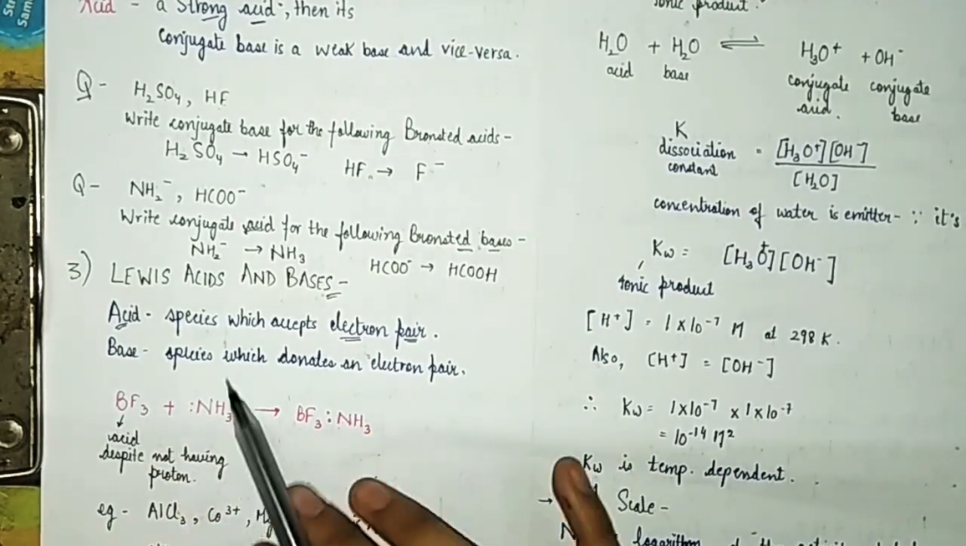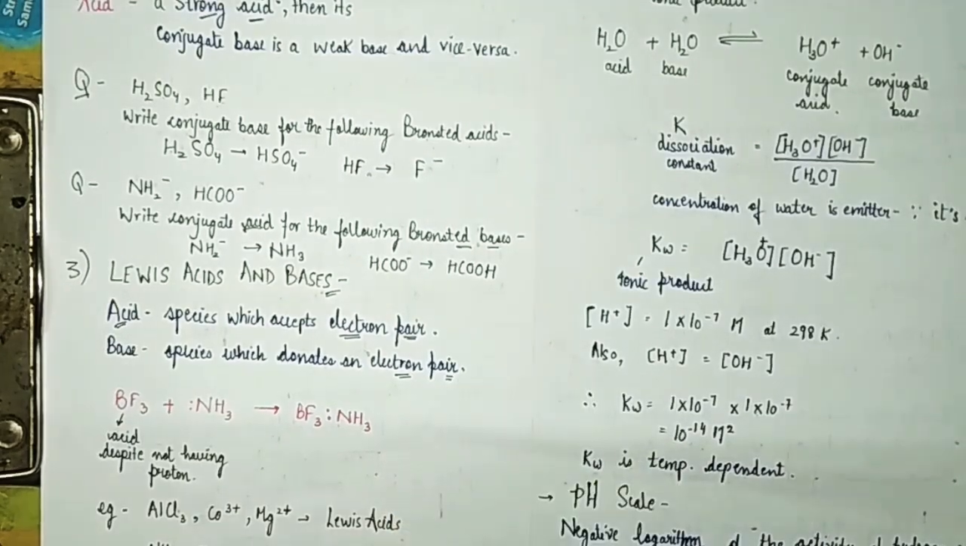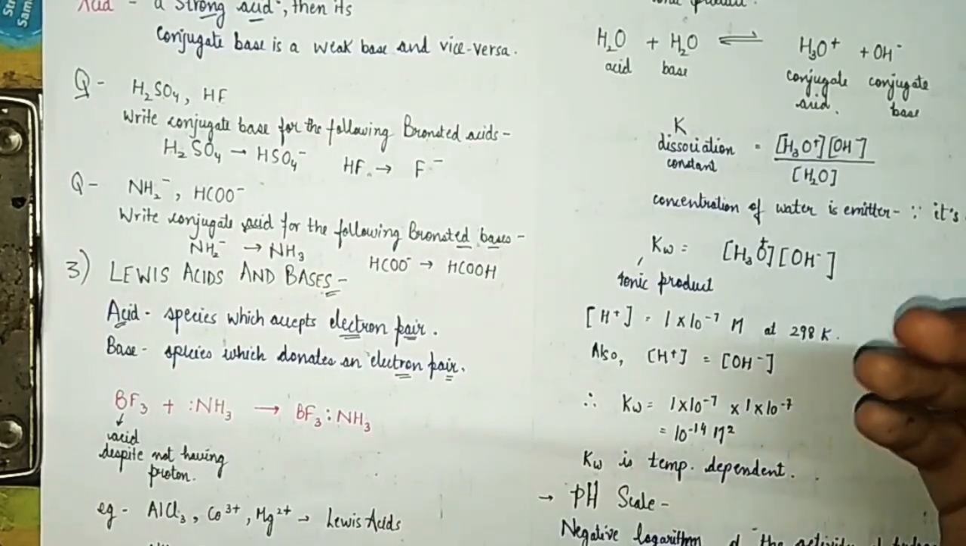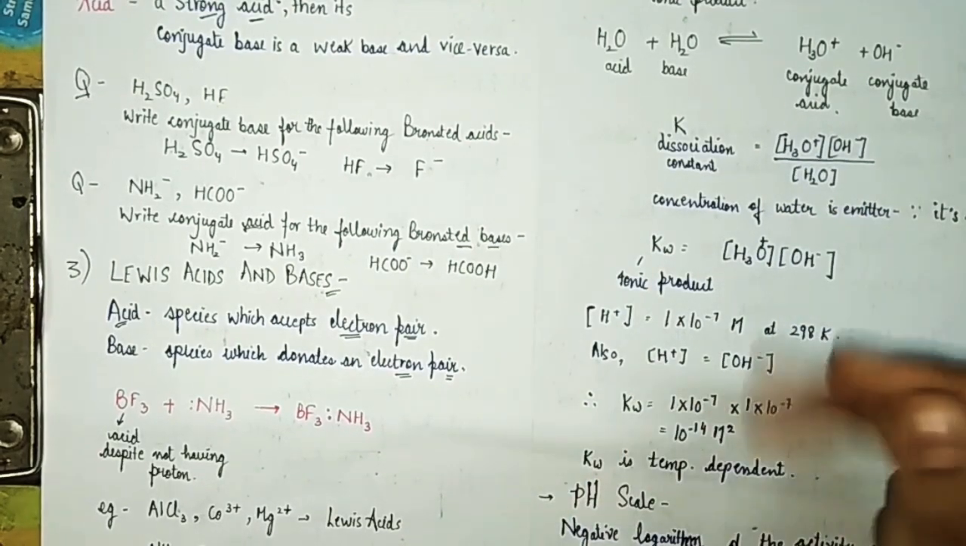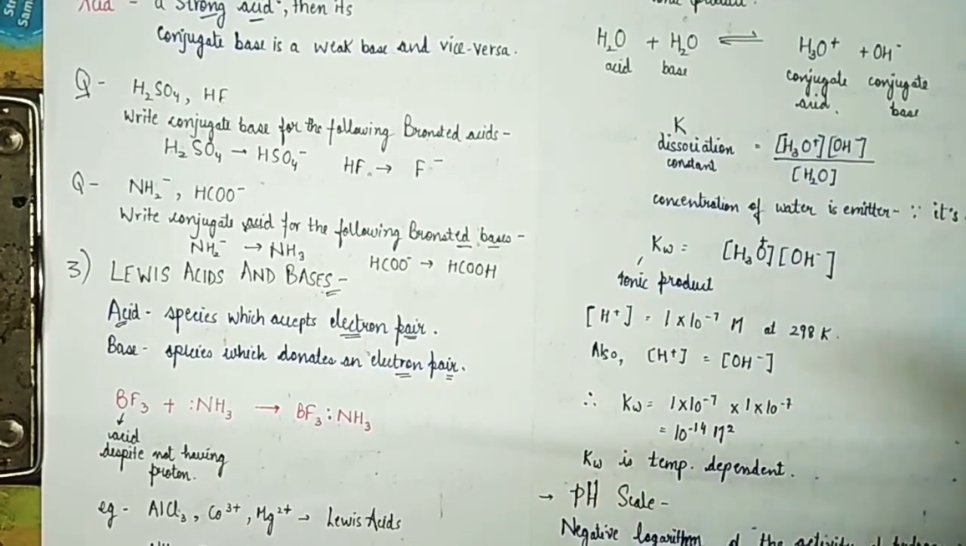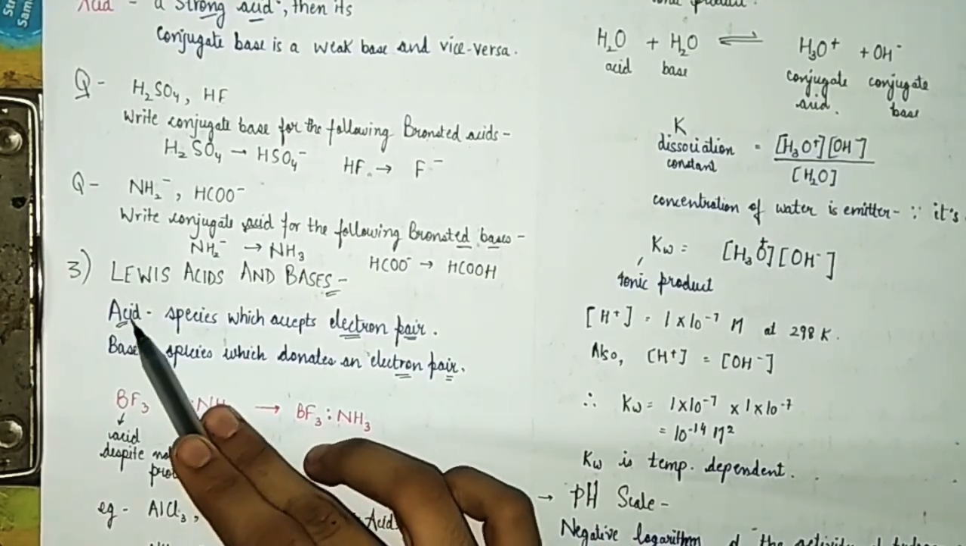Whereas a base is a species which donates an electron pair. So we must also understand that a proton is H plus and an electron is a minus charged species. So in the